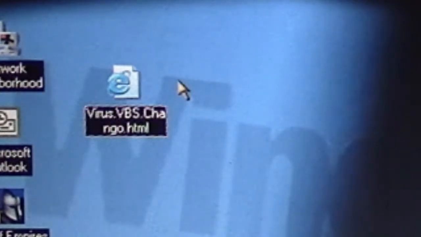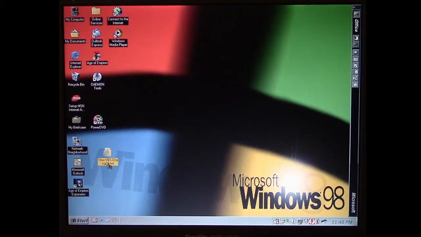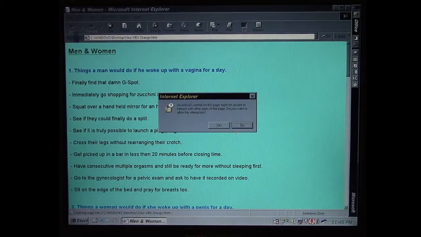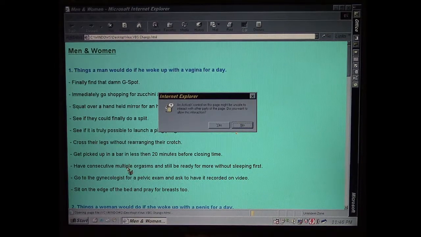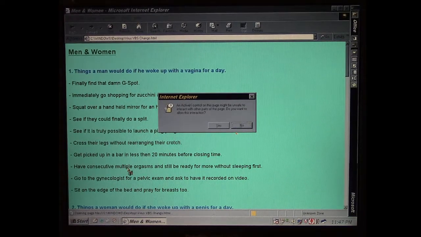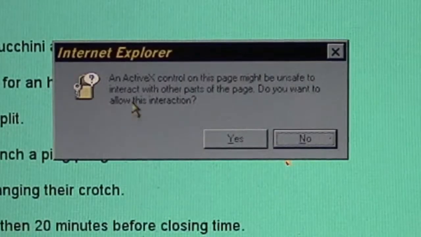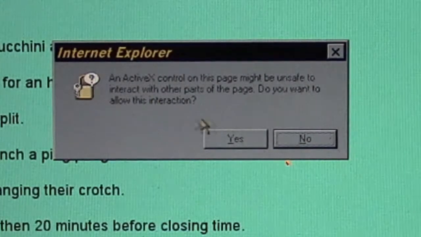So we have Chango here on the desktop, and again it's an HTML document, so it's showing the Internet Explorer icon there. And if we open this, it brings up this little men and women kind of document thing. This is kind of like what you would see in a chain email that maybe your mother or grandmother would be sending back in the day, in those chain letters that get forwarded around all the time. And you notice on Internet Explorer here, it's got a little dialog box telling us that